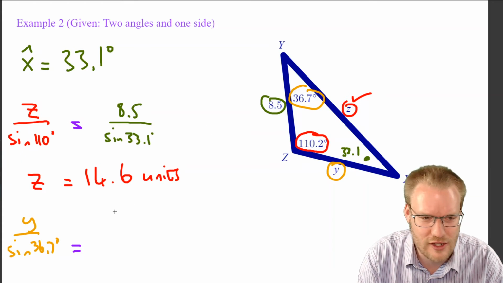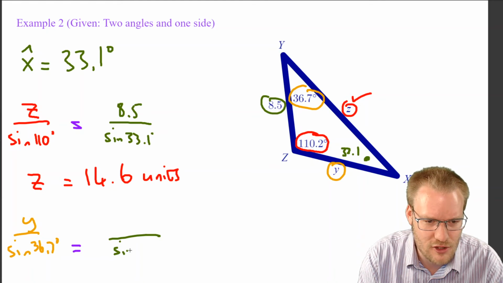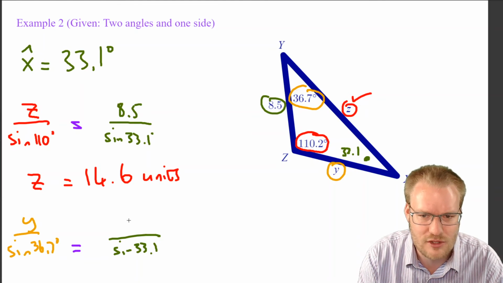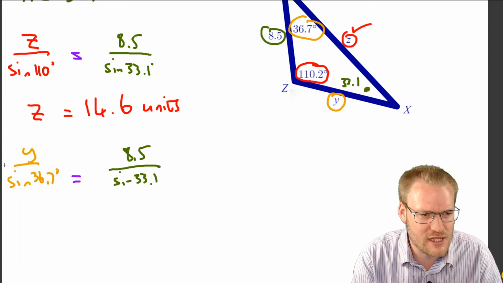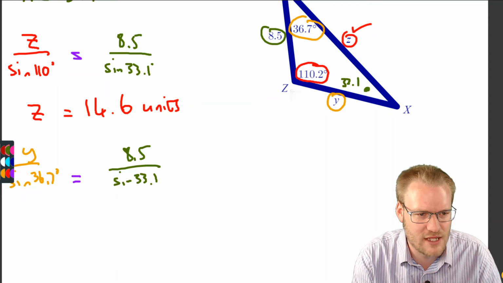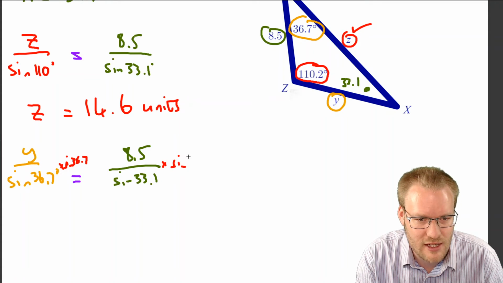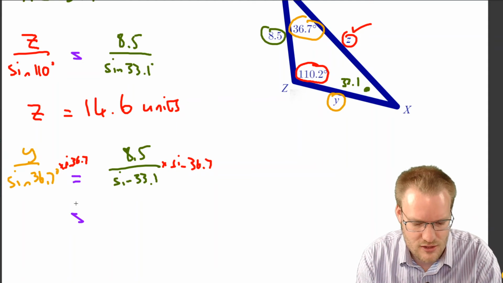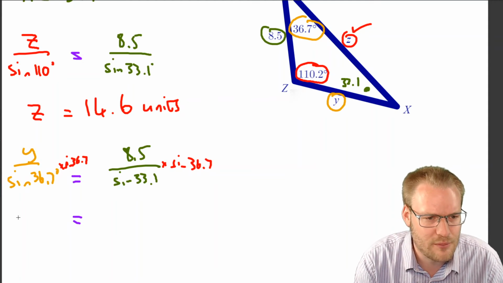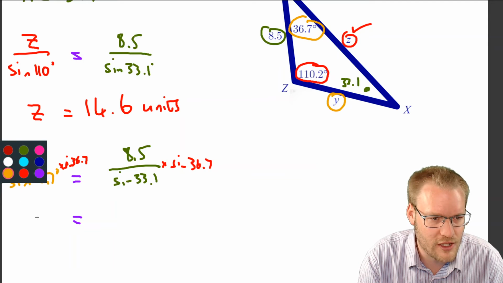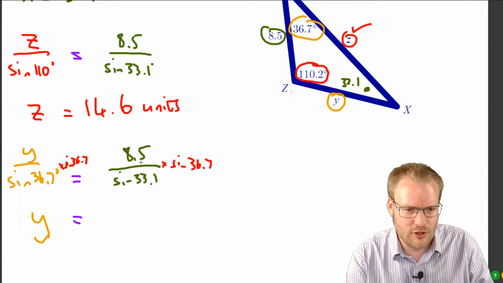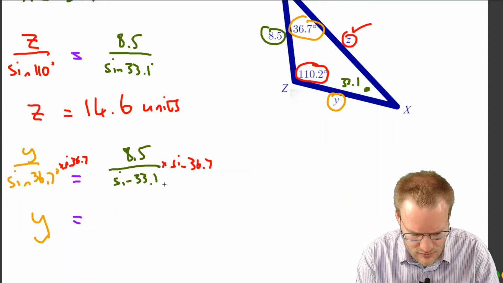In green, why not? So the angle was on the bottom, so sine 33.1 was on the bottom. What's on the top? 8.5. Love it. Multiply both sides by sine 36.7. So if we multiply this by sine 36.7, we multiply that side by sine 36.7. Here we get our next step, so we're trying to work out y. Y equals